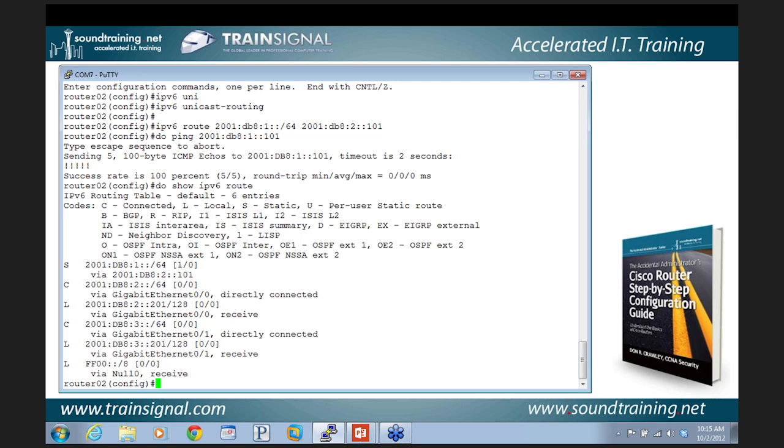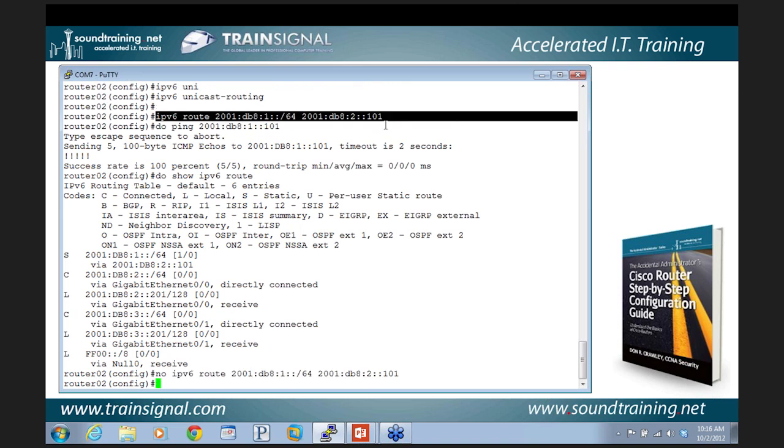So really the syntax is almost identical to the way we did it in IPv4. What's different is that now instead of saying IP route, we say IPv6 route, and now instead of using the traditional old-fashioned IPv4 addresses, now we're using IPv6 addresses. So pretty straightforward. Now if we wanted, we could also configure a static route to the other side, but let's not do that, and let's go in and remove that route. So in order to do that, I'm going to type the command no, and then with my mouse I'm going to reach up here and grab this route that I just configured,